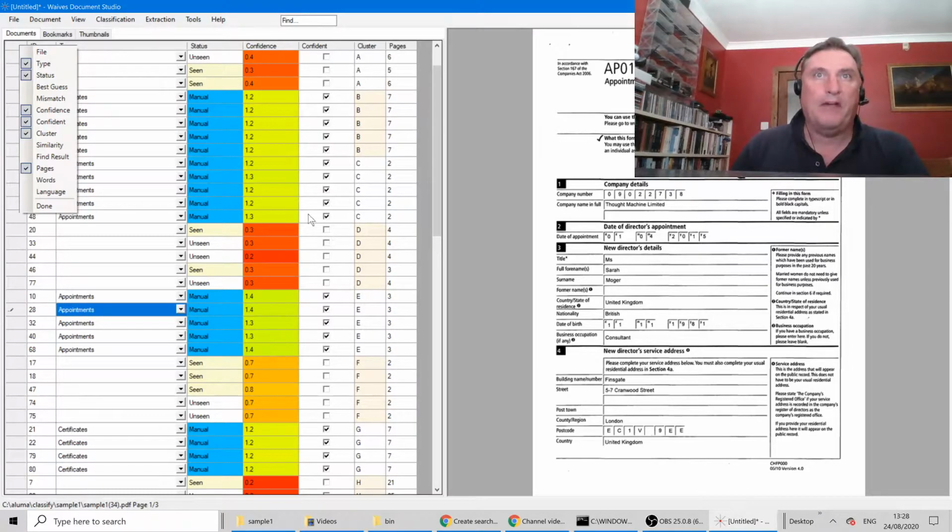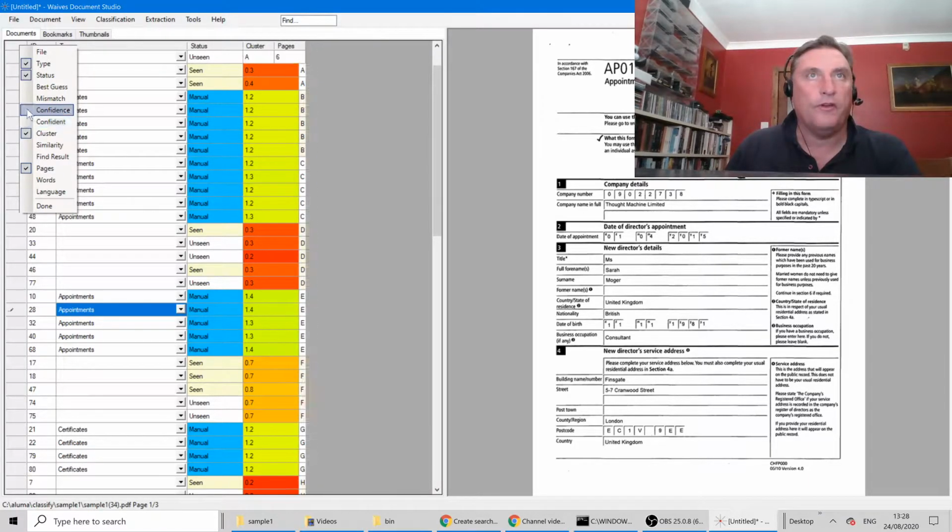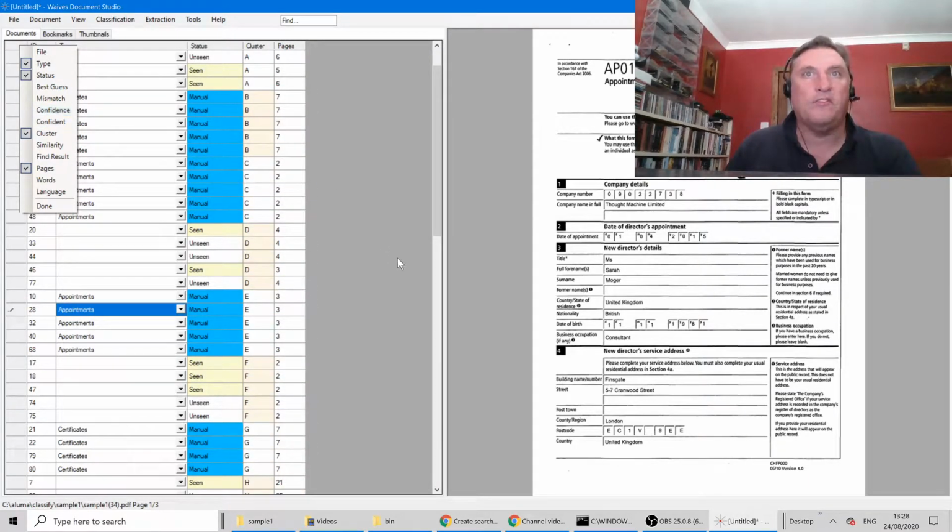This now becomes quite powerful because you get the color coding, and you recall that anything over a 1 it's reasonably confident about. Anything below 1 you get this increasingly less confident. But at the moment, just while I'm labeling, I think I can get rid of the confidence and confident and just stick with these while I carry on building the